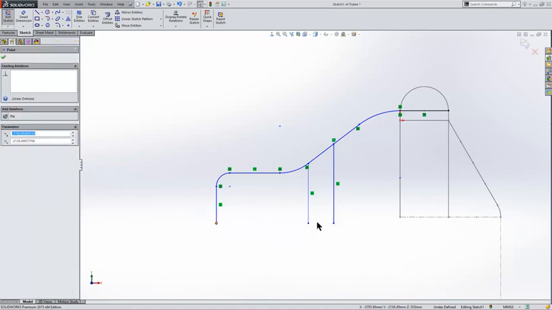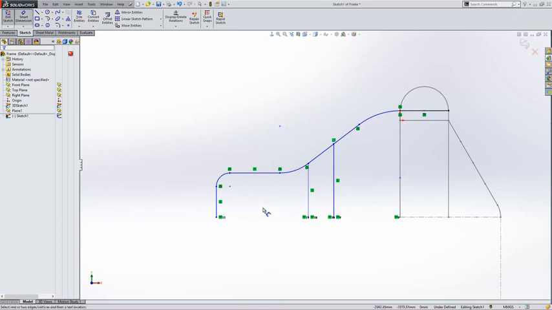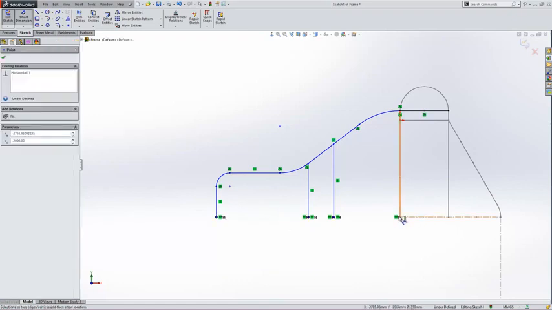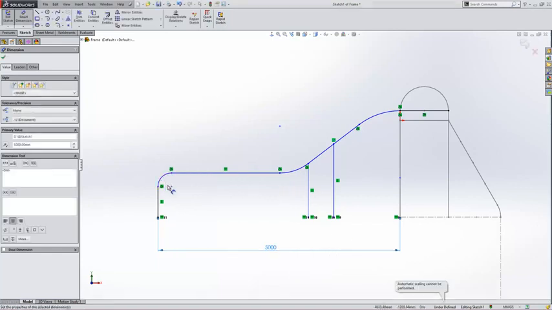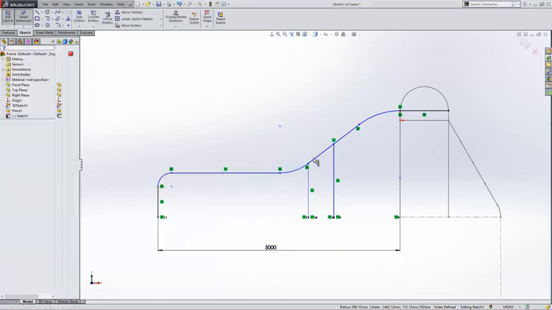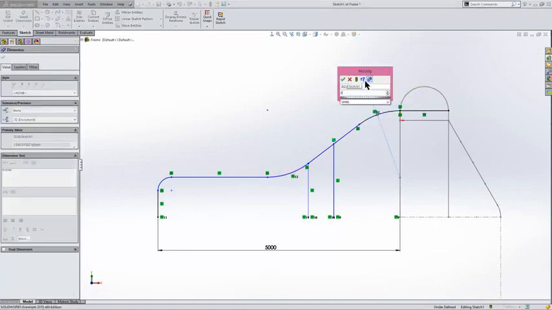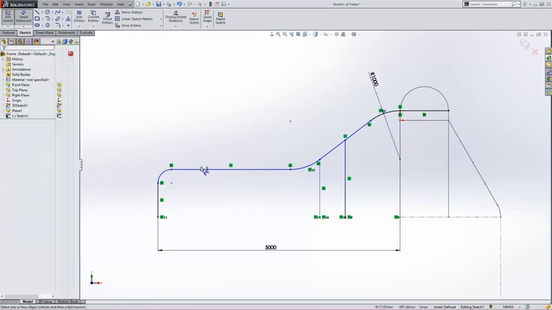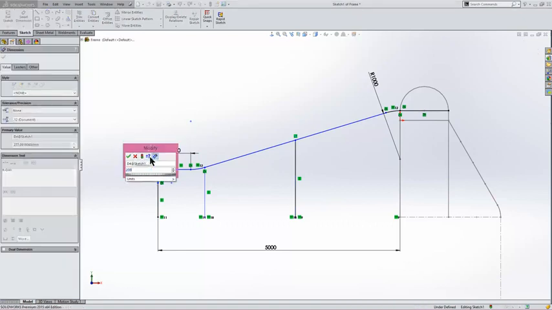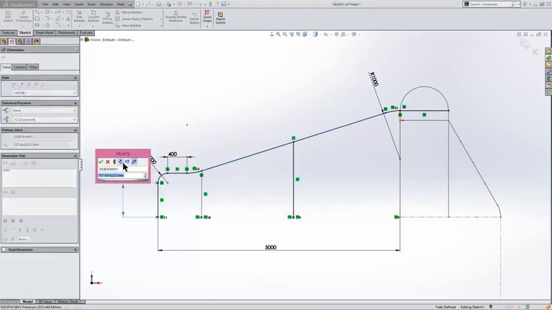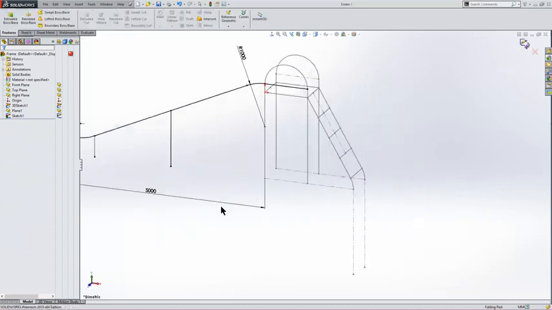We'll add a horizontal relationship between these points and our existing 3D sketch. Follow it up with some dimensions. Say, let's make this back to our 3D sketch at 5 meters. And let's make it so this and this arc are equal, giving that a dimension of, say, 1000. A few more dimensions here just to wrap this up. And we've got a fully defined sketch that we can use to create our